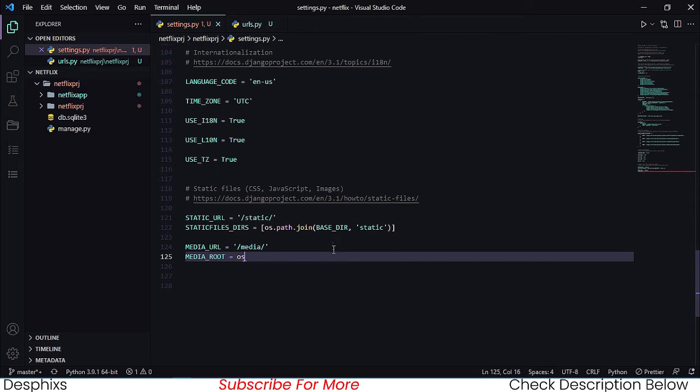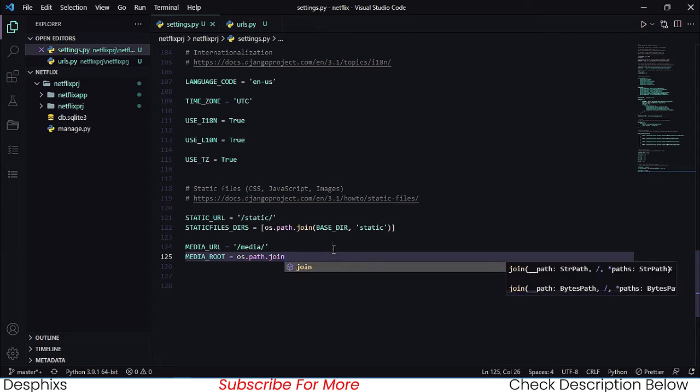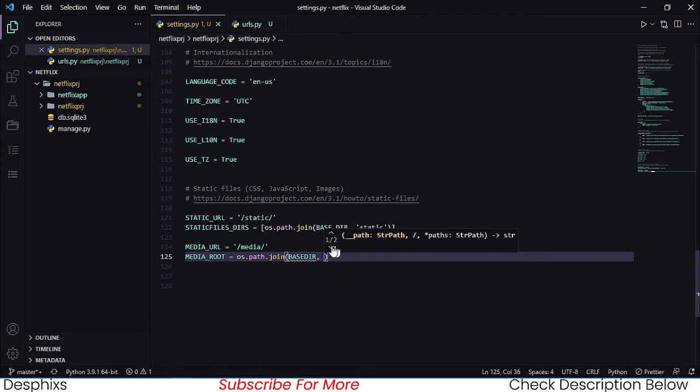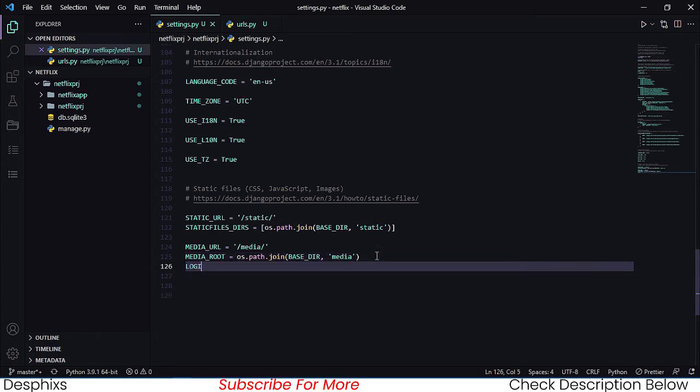So we're going to say os.path.join, and we should join this with base directory and media. By now you should understand what this is going to do. There should be an underscore over here, so there's also going to be a media file at the base directory there. So with this now, we can go ahead and put the login